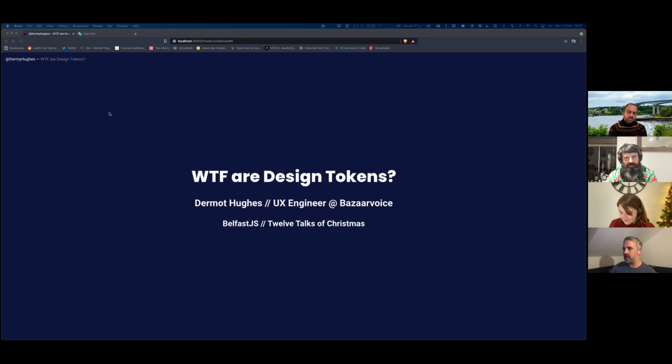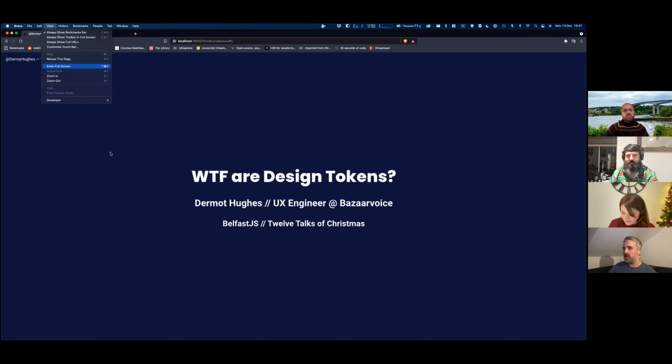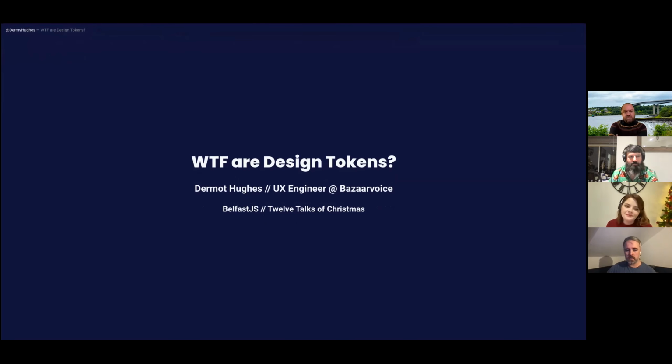I never use Zoom. I always forget where the share button is. There we go, the big green one. Okay, so